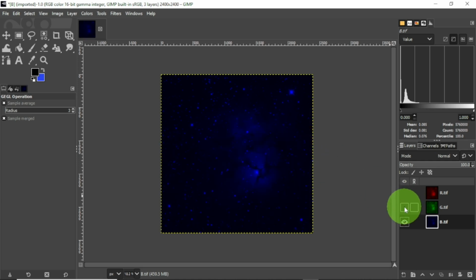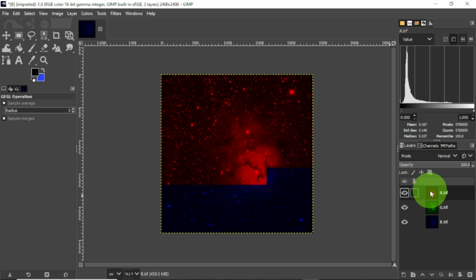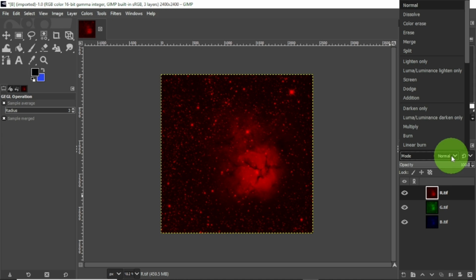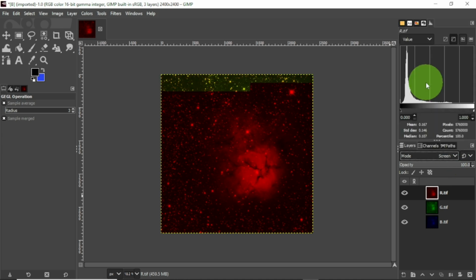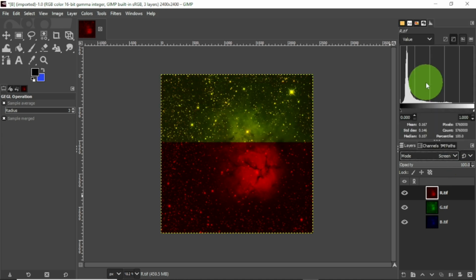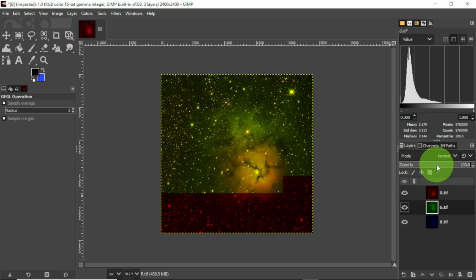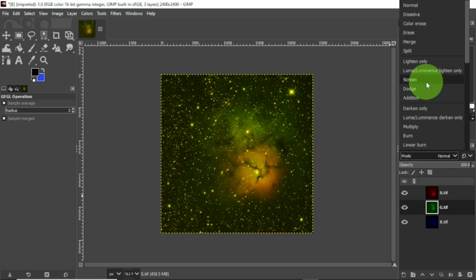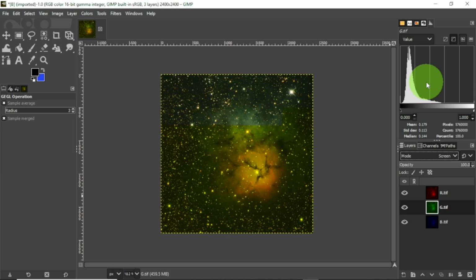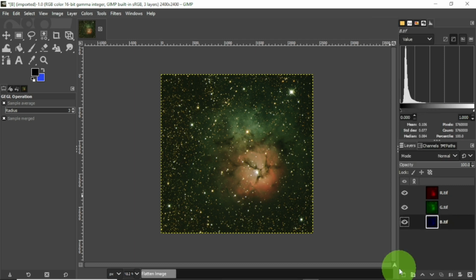And now you can activate all of them. So starting from the red, I'm going to change it from normal to screen. Then come over to the green, from normal to screen. And now you have your beautiful M20 Nebulae. Okay, now the next thing is to flatten it, because we still need to balance the colors to bring out the beauty. So you flatten it first,